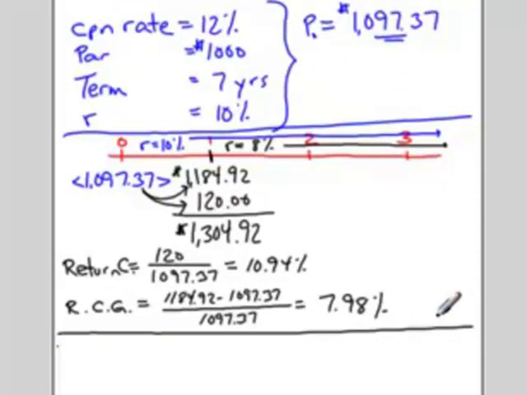Now let's look at our returns going to the second year. Suppose by the time we get to year 2, I'm running out of colors. Let's say we go to year 2, and then at year 2 the rates change to 9%. And so at year 2, investors are discounting all the bond's cash flows at a rate of 9%. So we need the price of the bond